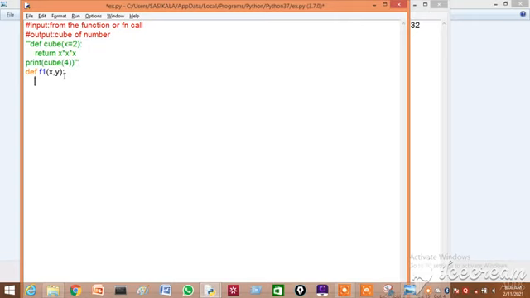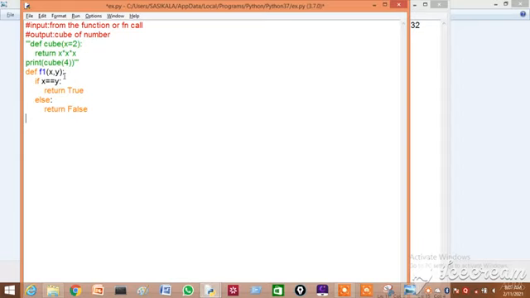What should I do with those input parameters? I should check whether both the values are the same or not. For checking, which statement should I use? I should use an if statement, and I should check x is equal to y. Then if x is equal to y, it has to return True. Take in mind, T should be caps. Else, otherwise, it has to return False. Okay, now the function definition is over.